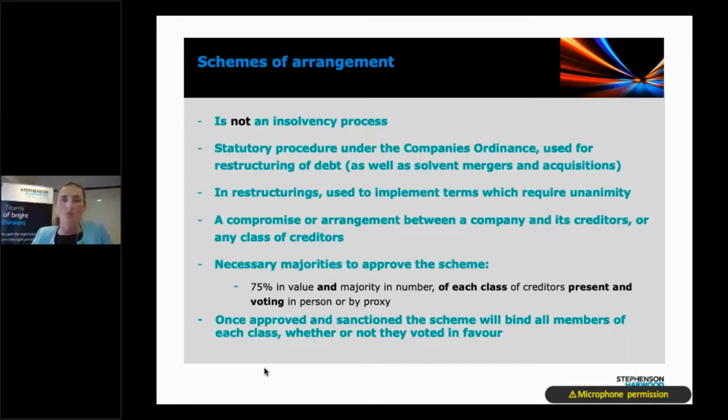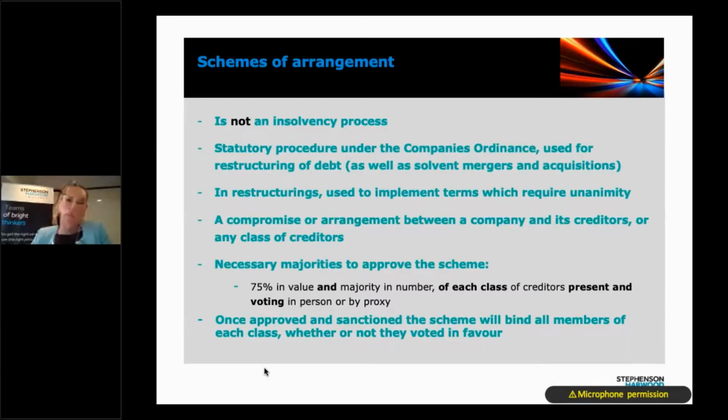So often the company in financial distress will work with a majority group of creditors. Sometimes they form together in an ad hoc group, negotiate the terms, and when they're comfortable that they will be able to meet those majorities, they'll start the court process once they have the documents pretty close to fully negotiated. Then the process is used to push it through and bind, or cram down, those in the minority.